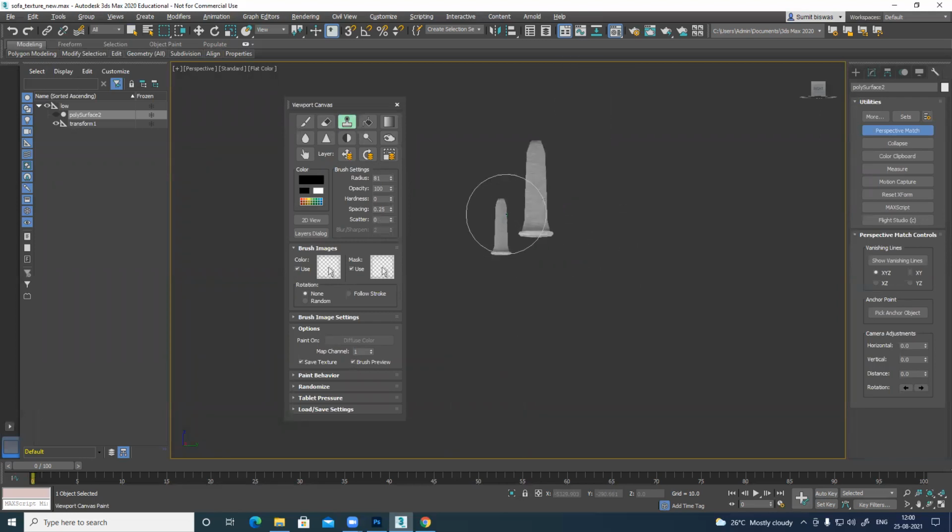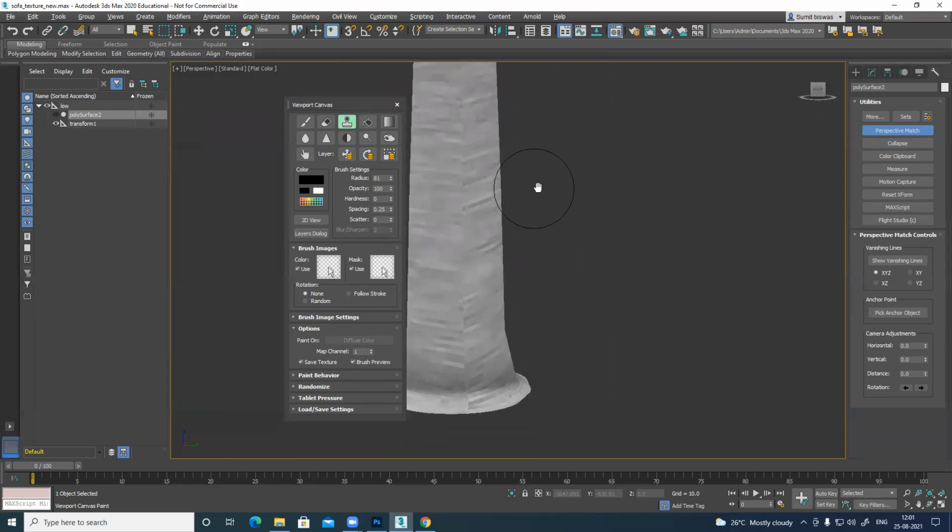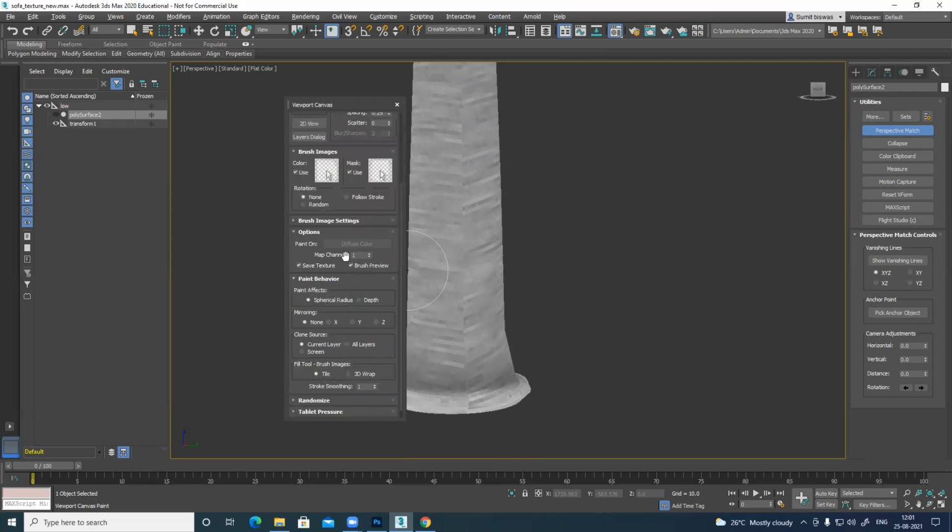If you zoom in and it goes very far, then to make it close, use Control Alt middle mouse button, and then you can zoom very easily. Now stamp, and here you can see the plain behavior and all these things are there.